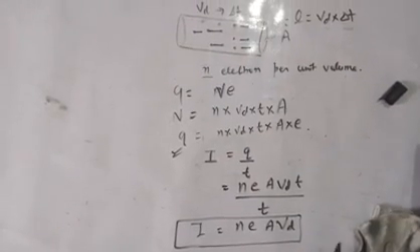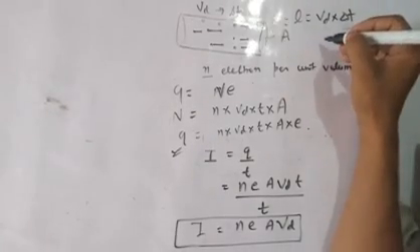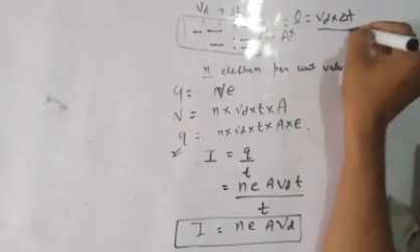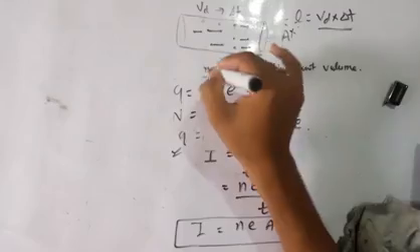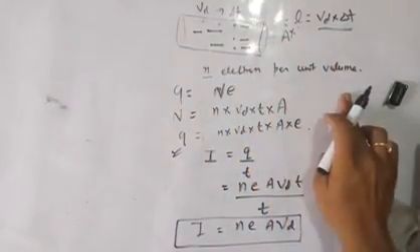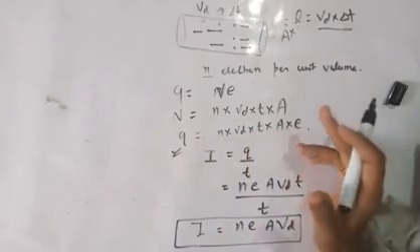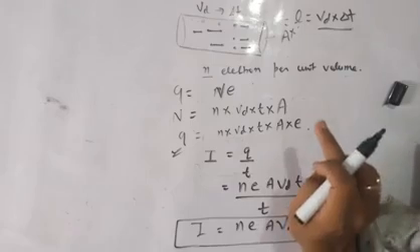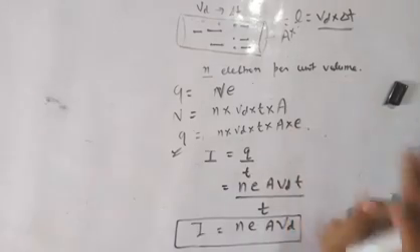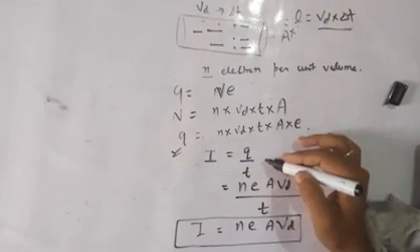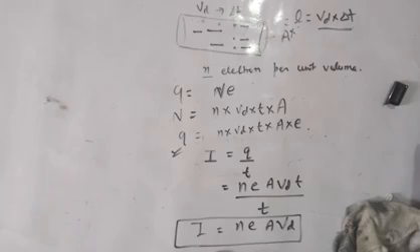Once again I am revising. Just find the volume of conductor. Volume of conductor will be length into area, and length is Vd into delta t. Small n is considered as the number of electrons per unit volume, and capital N here is the number of electrons. So the number of electrons is the number of electrons per unit volume into the total volume. We have the value of Q, and since we have calculated I, I is equal to n e A Vd.